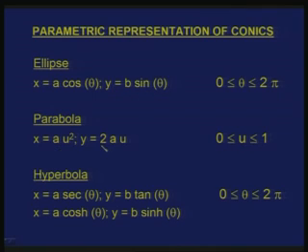I can have a parametric representation for parabola. I can have a parametric representation for hyperbola, either a sec theta and b tan theta, and it is also true that there is no unique representation for many of the curves. For example, circle which is represented as r cos theta and r sin theta also has another parametric representation which does not use cos and sin functions.